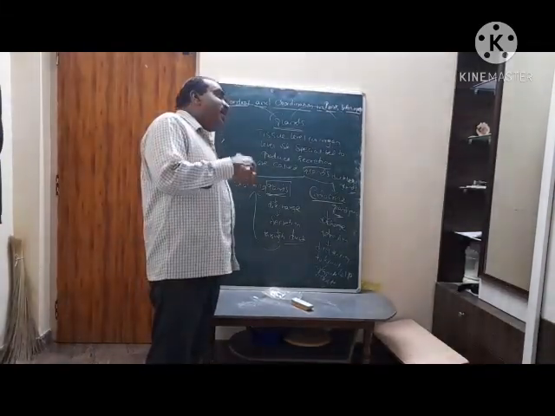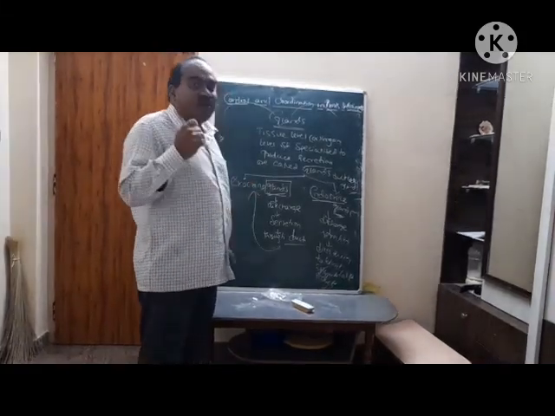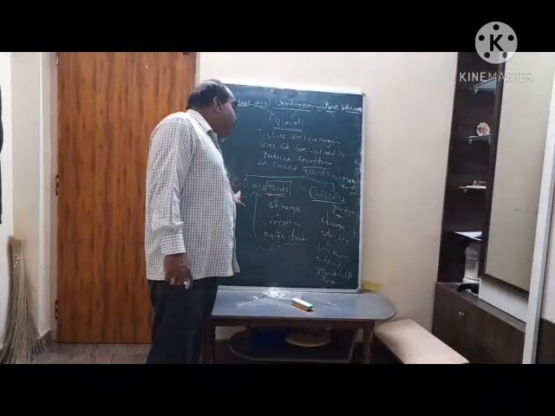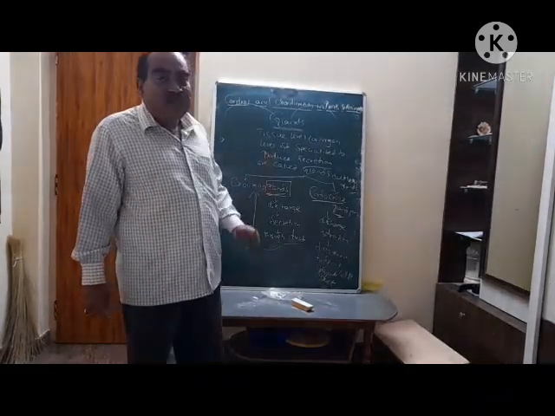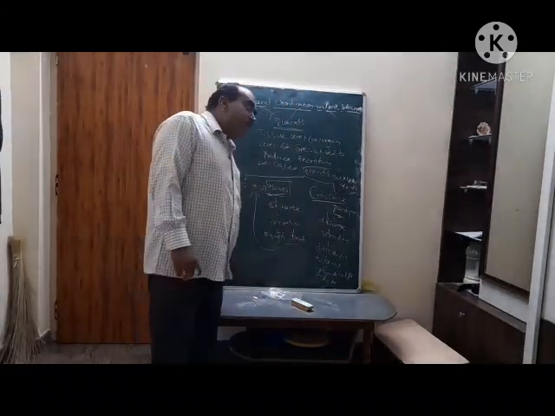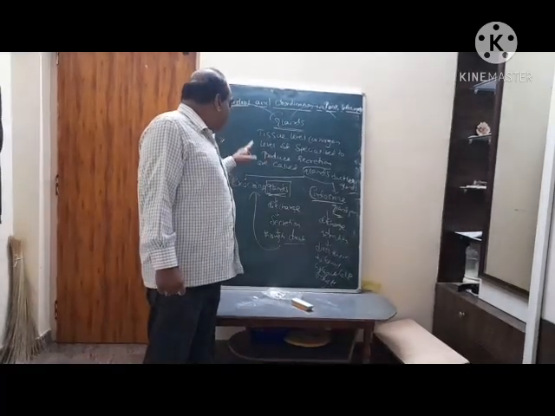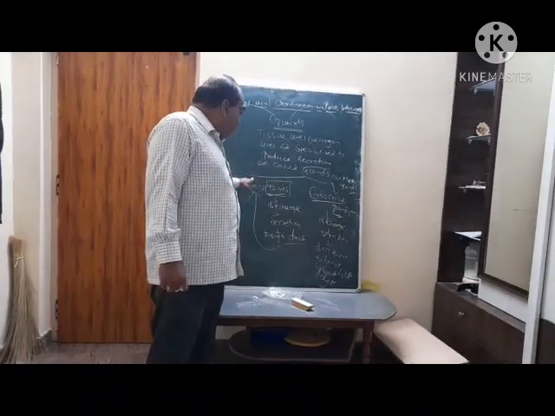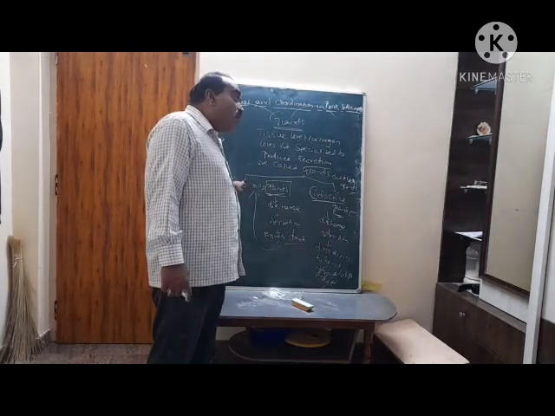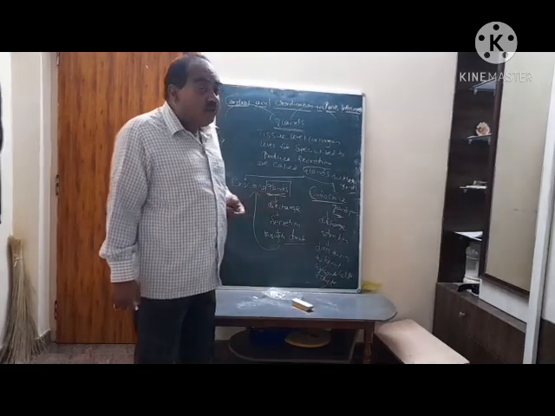Stomach itself is an exocrine gland. Liver itself is an exocrine gland. So here, the salivary glands produce the salivary juice, stomach produces the gastric juice, and liver produces the bile juice. The liver, stomach and salivary glands are examples of exocrine glands. They discharge their secretions with the help of ducts.